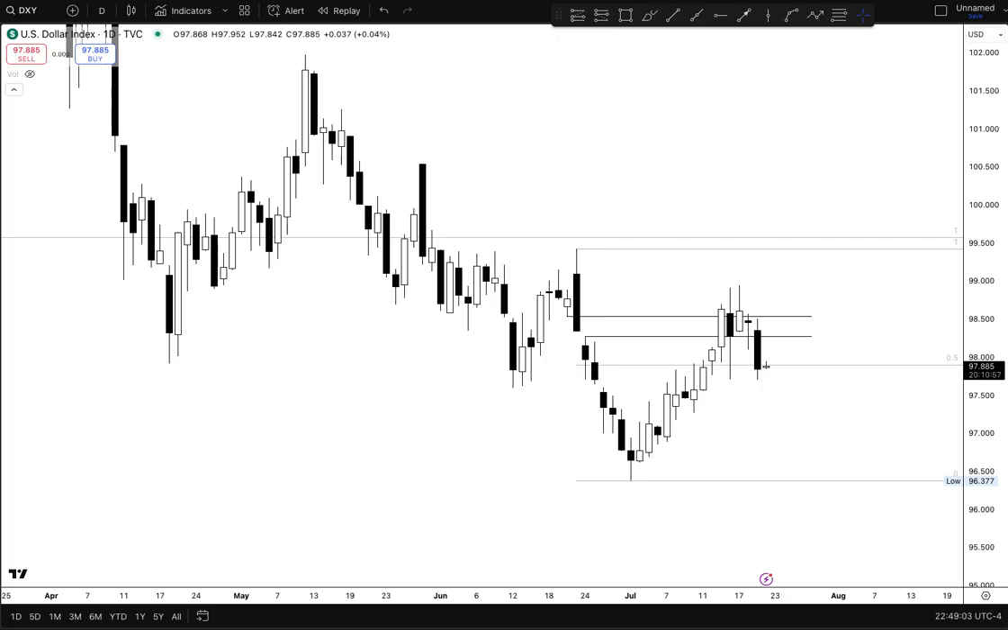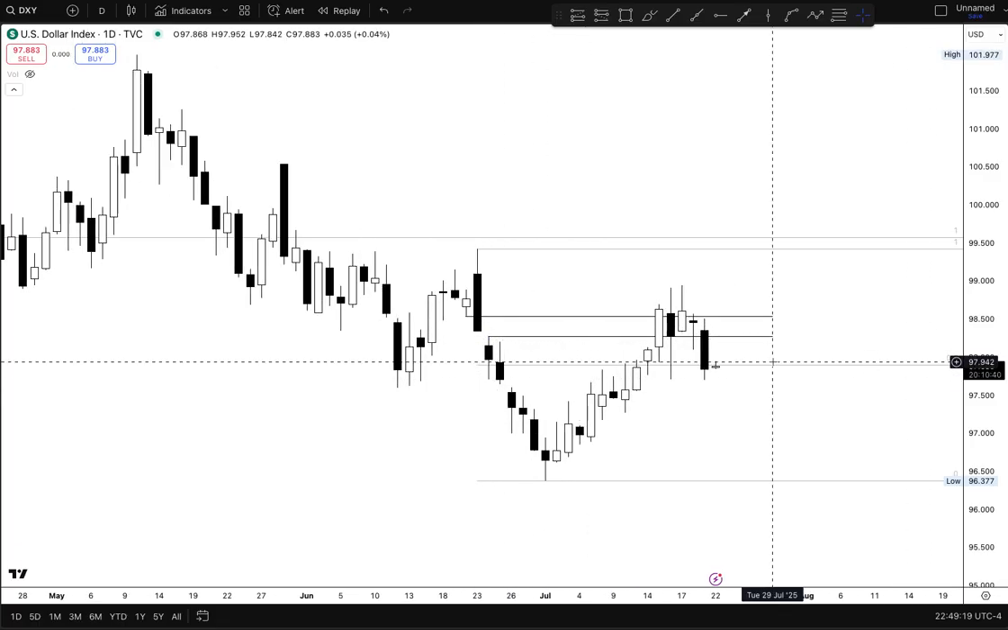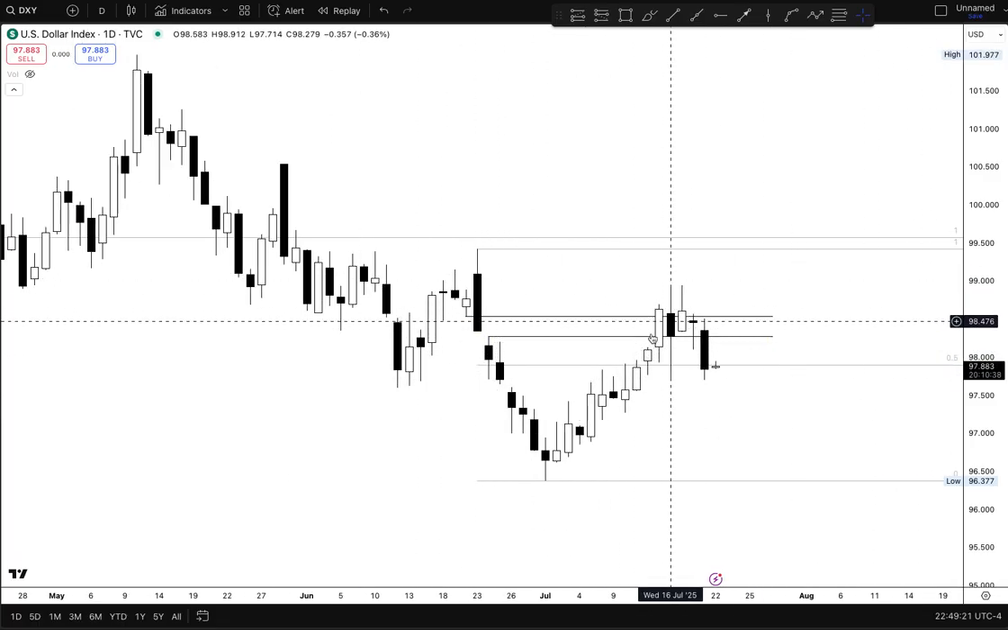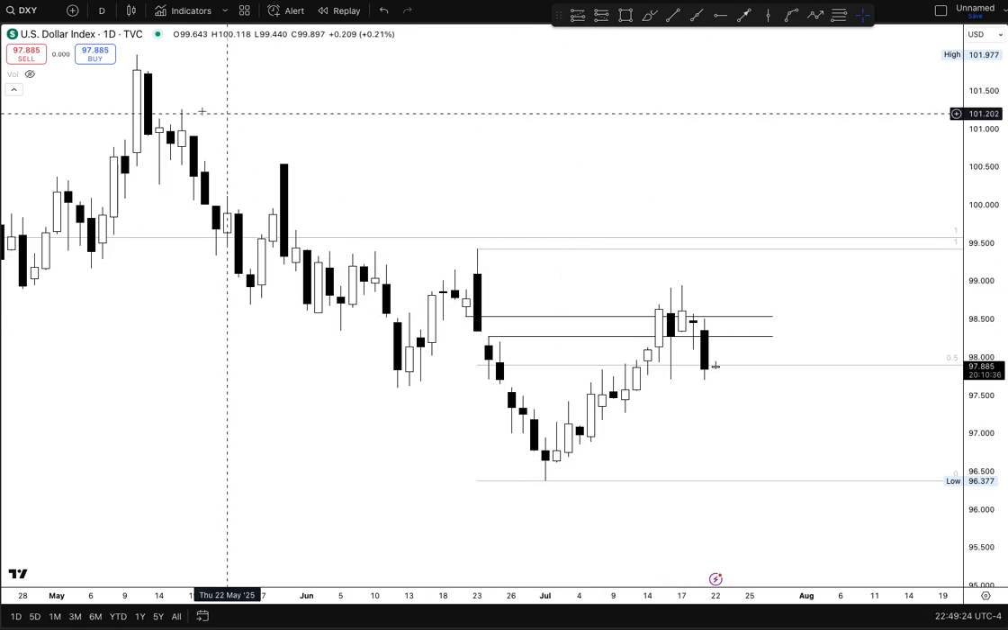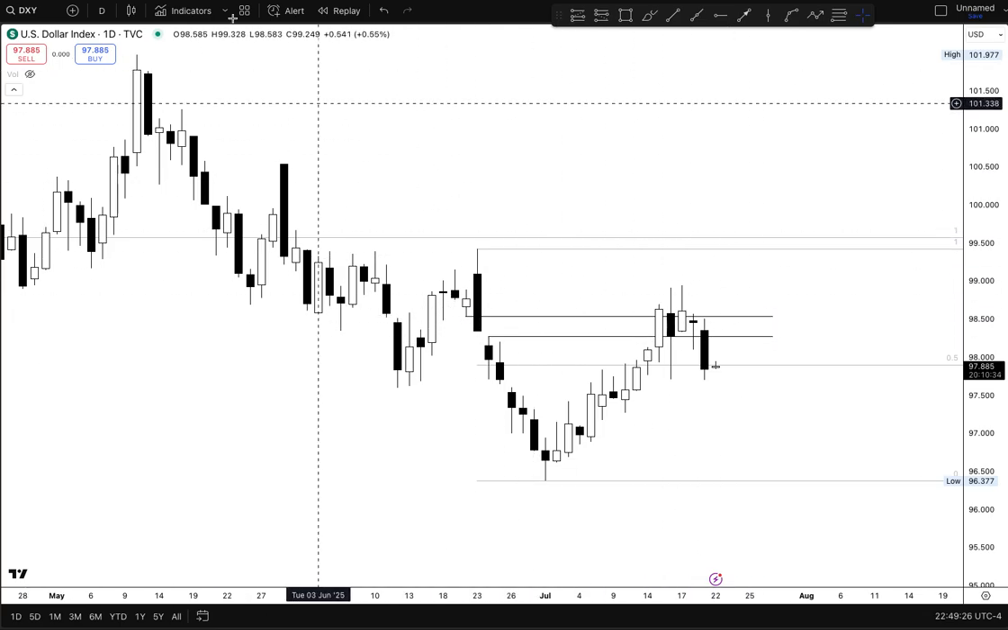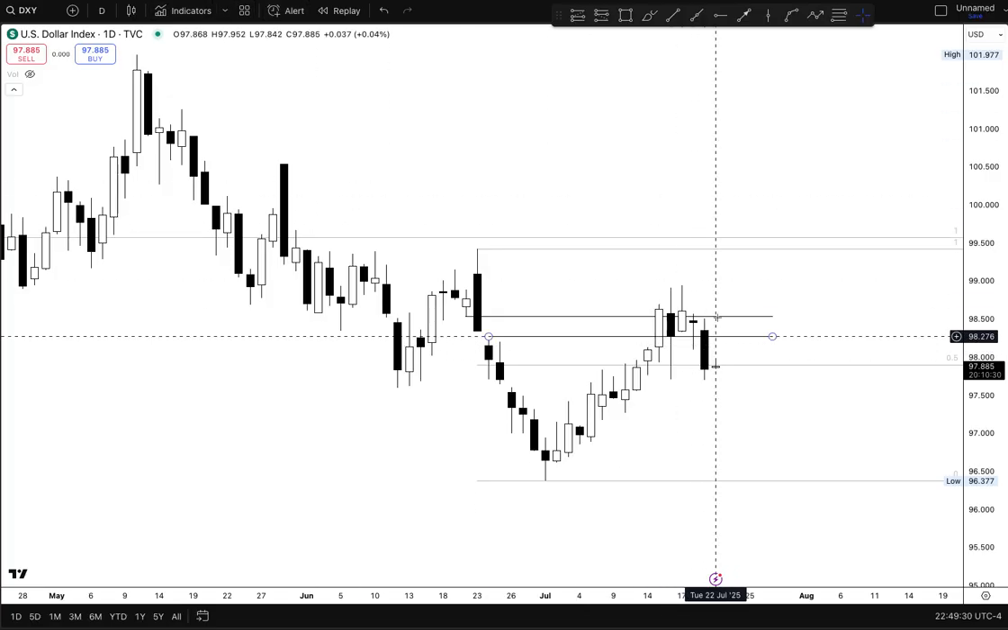So starting off with DXY on the daily time frame, you can see that this is the current dealing range. We have the swing high here and then the swing low. Last week we went higher and we raided this daily fair value gap here. Wanted to see where things closed on the weekly time frame, because so far we had a pretty bearish